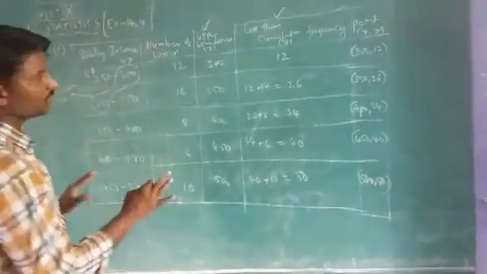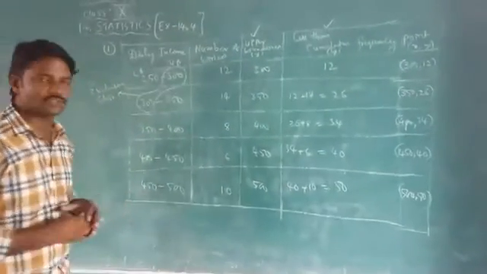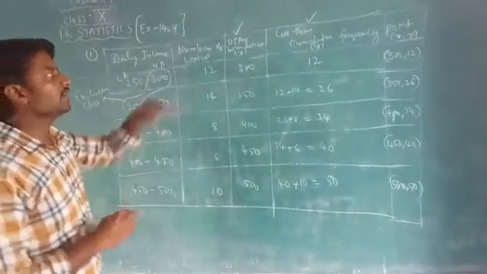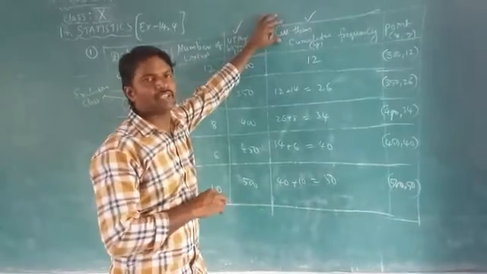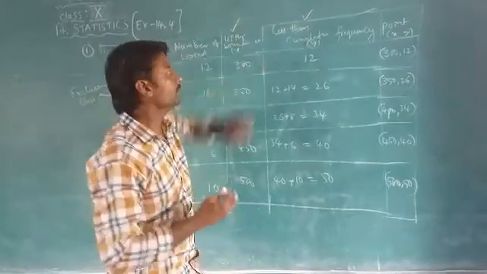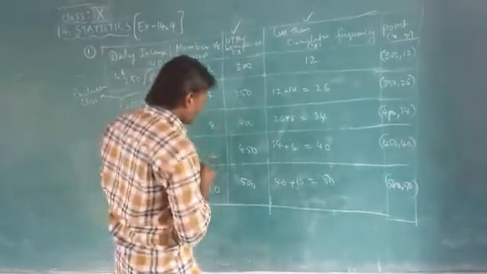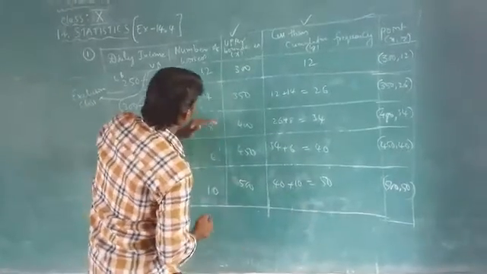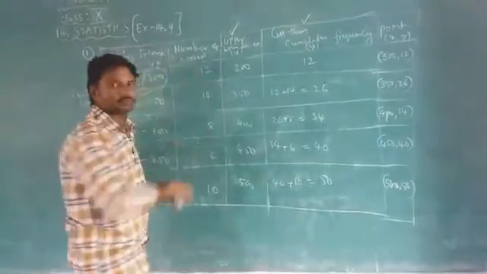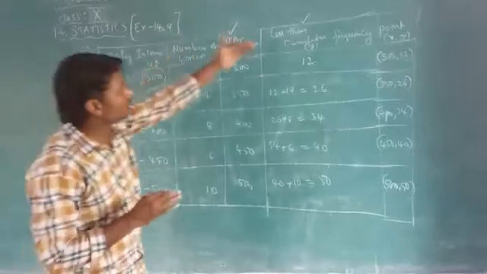Now using this table, we have to draw the graph on the graph sheet. And one more thing, children: it depends on whether it is less than or more than. For more than, you take the last number as is and keep adding from bottom to top. For less than, we take it like that.